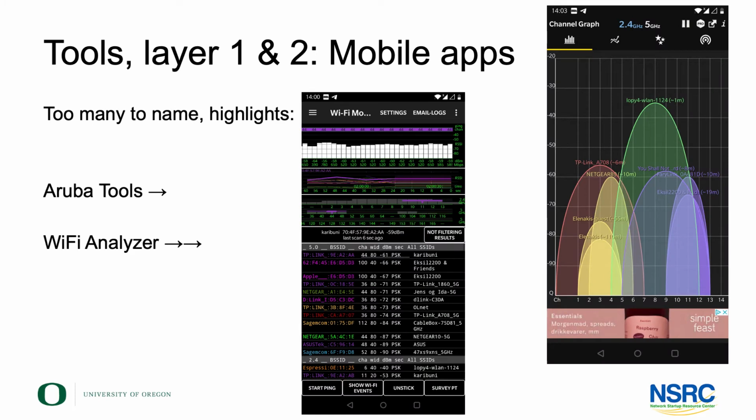Now moving a little bit up. So first we looked at the raw signal. Now let's look at SSIDs and channels. We know how important the coexistence of different access points is in the frequency space. So we will want to look at channels.